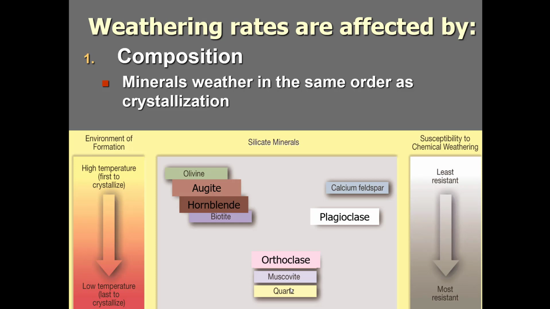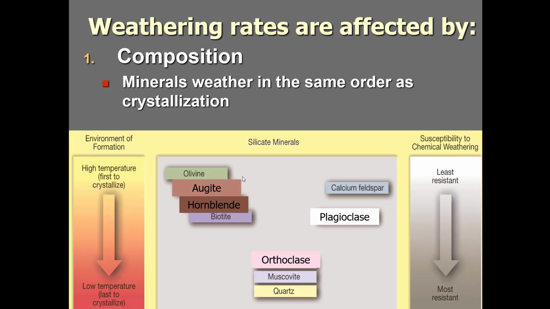This chart is called Bowen's reaction series, and it's named after Nicholas Bowen, who was a geochemist who figured out that minerals do cool in a really predictable order. And so we can use that not only to understand magma processes, but we can also use that to understand weathering processes, because these minerals that cool here at the top of Bowen's reaction series, in general, these minerals are